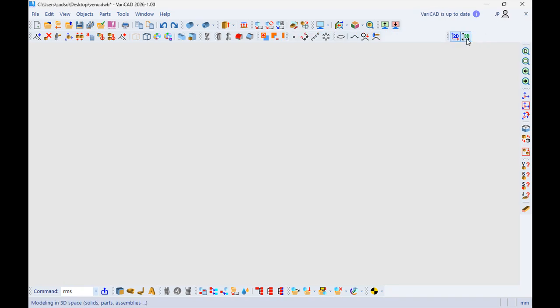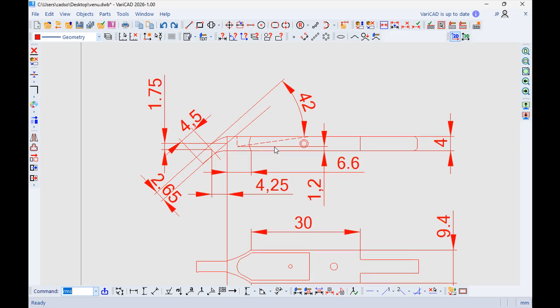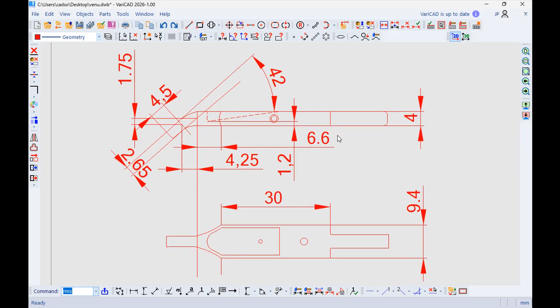Okay, let's try to build the shape we've seen previously. I've added a couple of dimensions. I think here are all the important ones, but we'll be back into the 2D to check if something is missing. So I have three important sections. This one where we come from a transition of a kind of a round shape to a rectangular shape. We have section 2, which is round shape, and the third one with an angle also round.